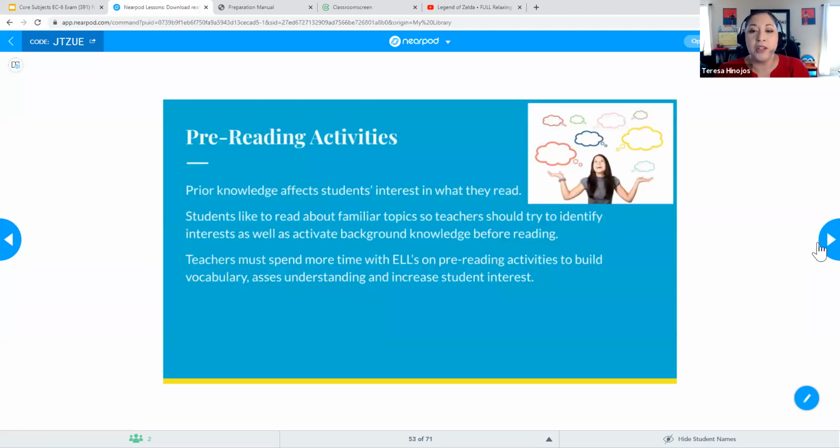So another thing that's going to be used to help students with comprehension is working on those pre-reading activities. And so again, what a teacher needs to do is make sure that you look at that prior knowledge before they actually start reading, because if students are interested in whatever it is that they're reading, they're going to pay attention, right? And so students are going to read about things that are familiar. So teachers want to try to figure out what students' interests are, as well as activate that background knowledge before reading. So in other words, if they're going to read a book and a student is like,